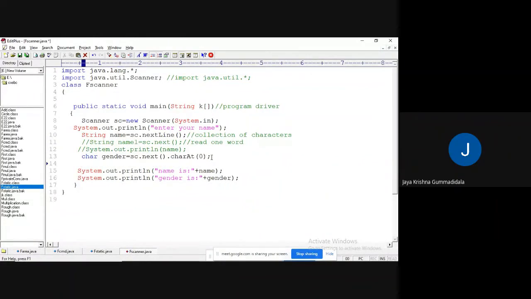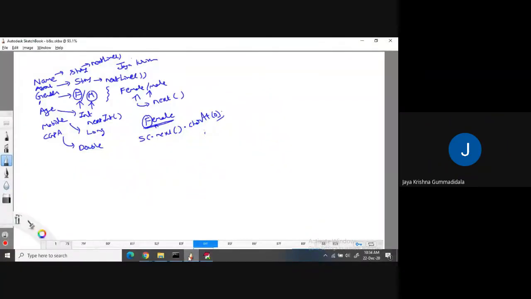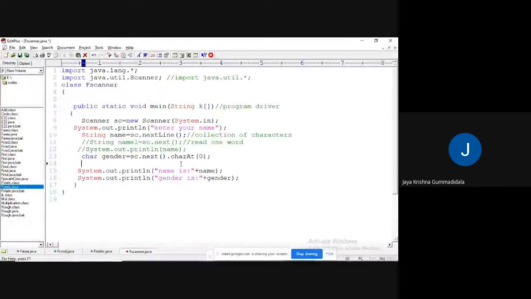Our next requirement is, for name and about, we need to use nextLine compulsorily, right? For about also I am going to take a string. String name equal to sc.nextLine, String branch equal to sc.nextLine. Compulsorily I need to enter next line only.